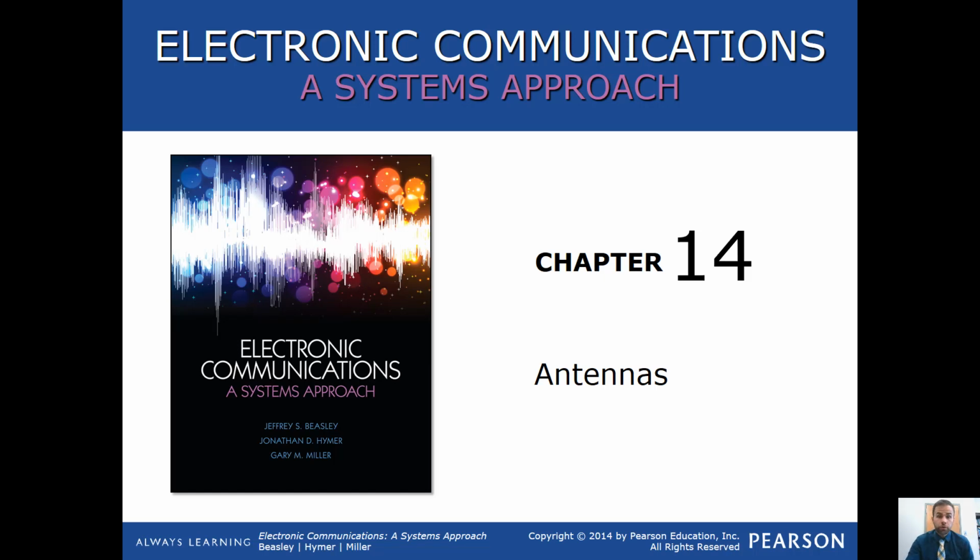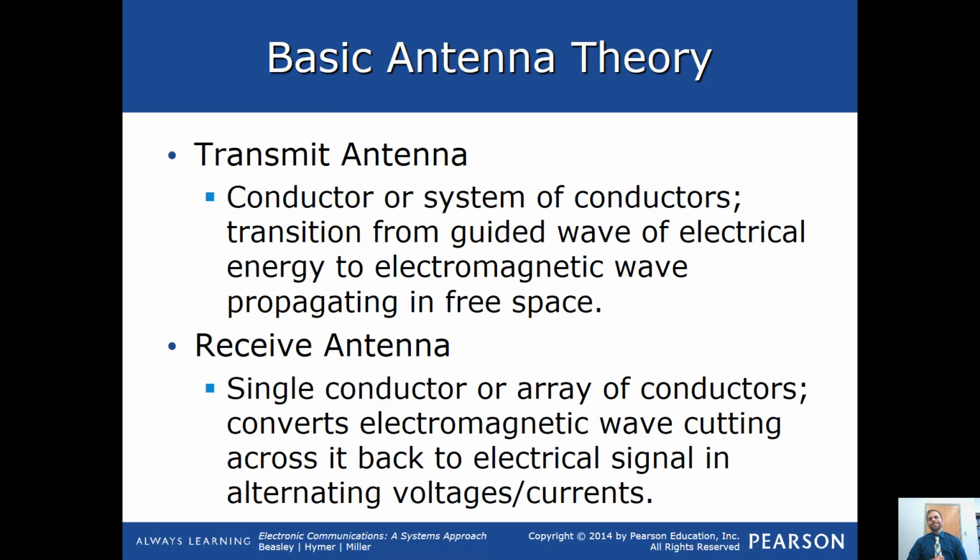In this lecture, we're going to learn about antennas. In basic antenna theory, you have the transmit antenna and the receive antenna. The hardware will look very similar in that, in many cases, an antenna just consists of a conductor, like a wire, or a system of conductors, or as we'll see, an array of conductors. And for a transmit antenna, the transition occurs from the guided wave of electrical energy to the electromagnetic wave propagating